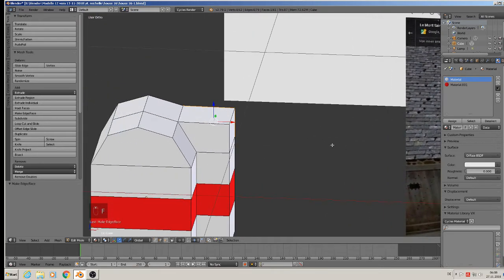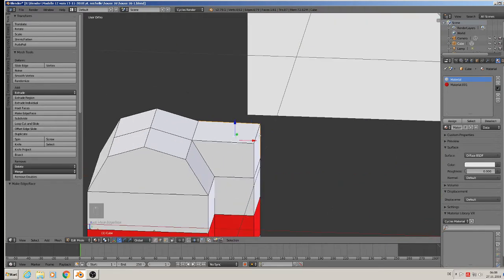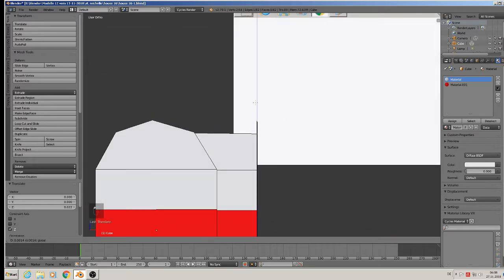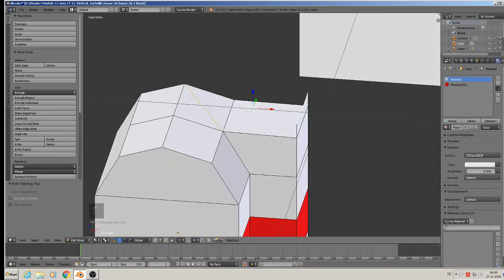So now we need here. Here must be the cutting point. And here we need to come up, extrude the height of the top part. Then we need to cut here through. So we take a knife from here to there. Spacebar. And then